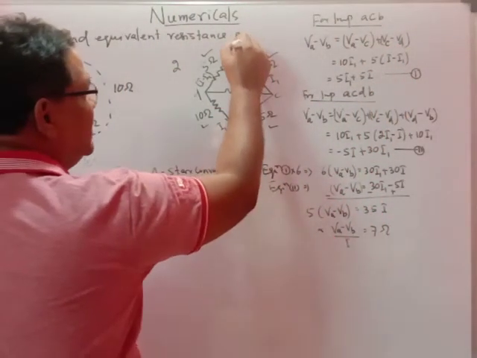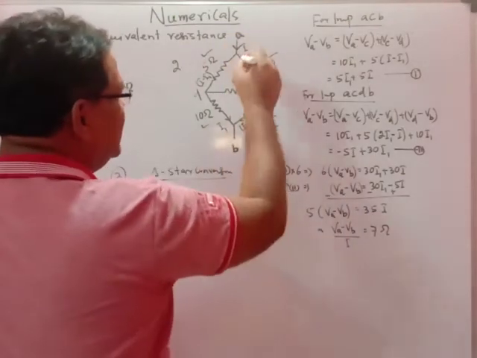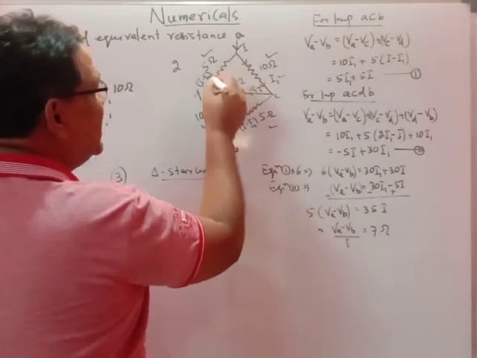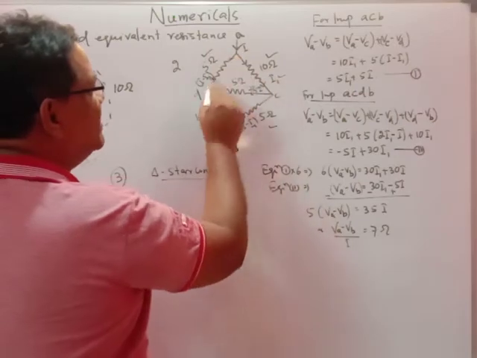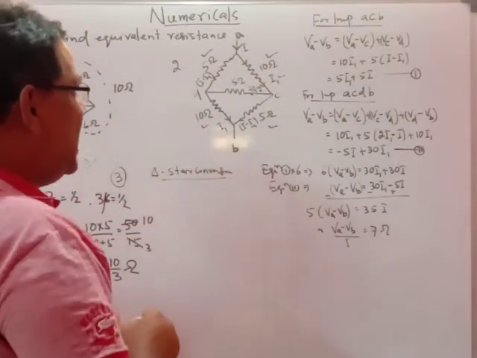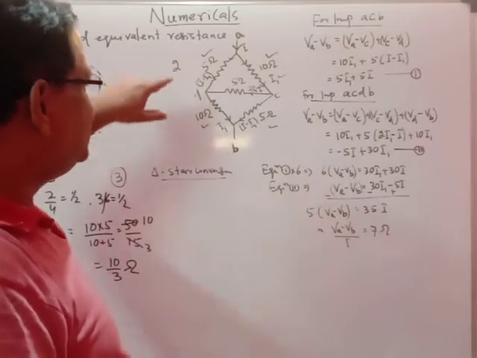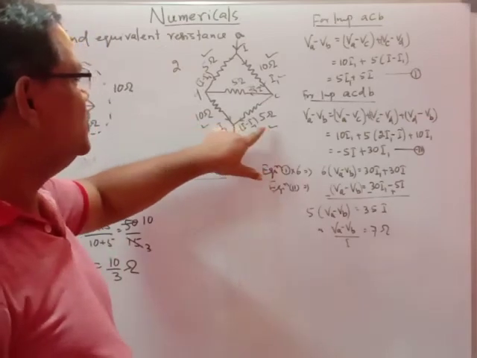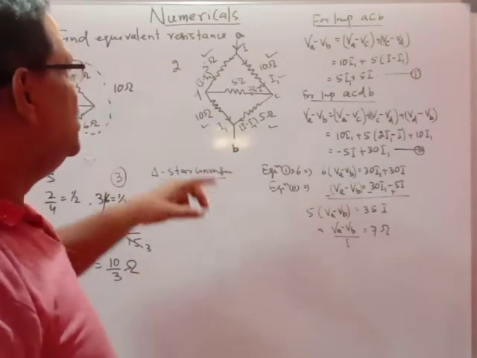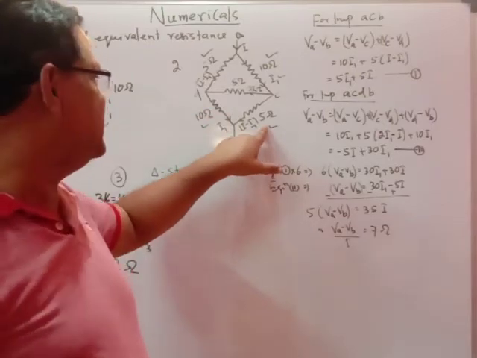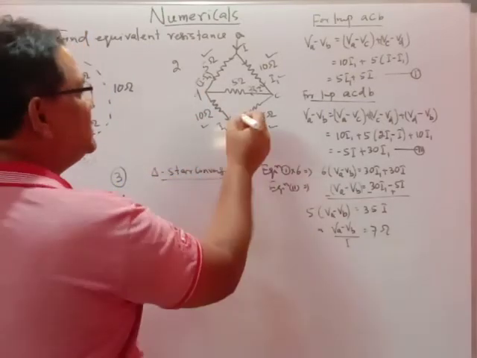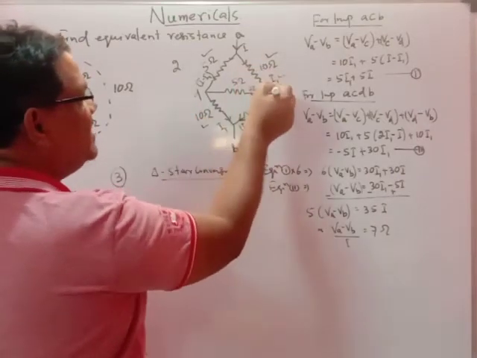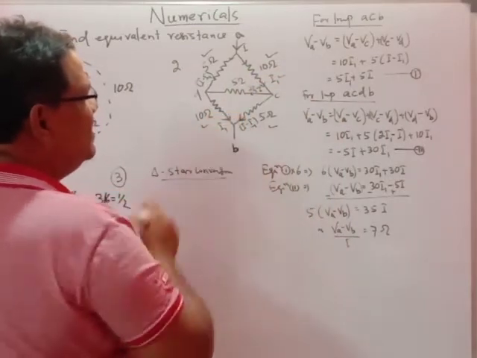So suppose the current entering is I, and in this section the current is I1, and in this section the current will be I minus I1. And by symmetry, what happens here? 5 ohm resistance is here, 10 ohm resistance is here, and here 10 ohm and here 5 ohm. So automatically the current which will be passing through this 5 ohm resistance is equal to I minus I1. So I minus I1 will be coming out this way, and across the 10 ohm resistance, because here the 10 ohm is I1, so I1 will be crossing this section. Clear?